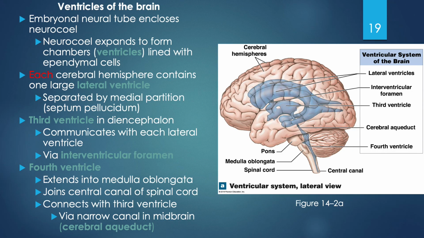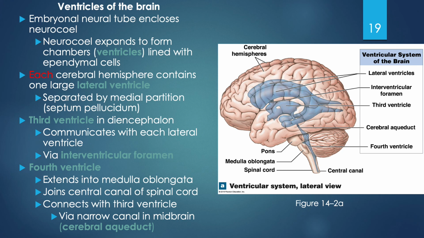The ventricles of the brain contain cerebrospinal fluid, and they also produce and maintain that cerebrospinal fluid. This occurs through the development of the embryonal neural tube, which will then enclose a neurocele, and the neurocele expands. When it does that, it's going to form these sections called chambers, which we'll understand to be ventricles, and the ventricles are lined with ependymal cells, some of which are going to be specialized to be able to